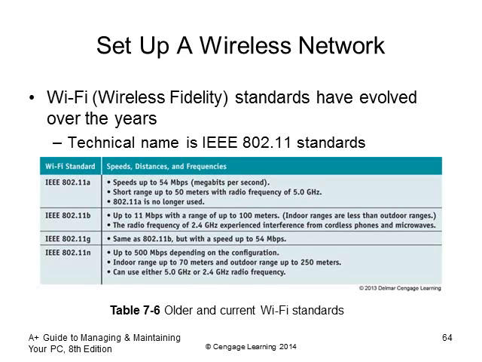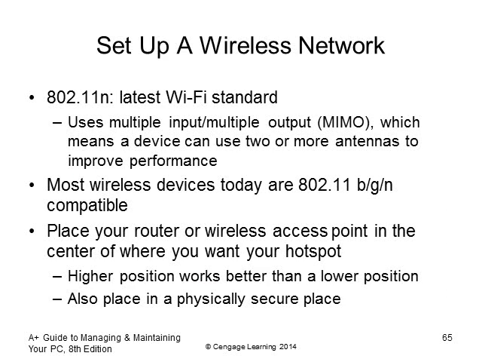IEEE 802.11n: indoor range up to 70 meters, outdoor range 250 meters, can use 5 gigahertz or 2.4 gigahertz radio frequency. So N is the latest Wi-Fi standard. It uses MIMO, multiple input, multiple output, and that means a device can use 2 or more antennas to improve performance. Most wireless devices today are